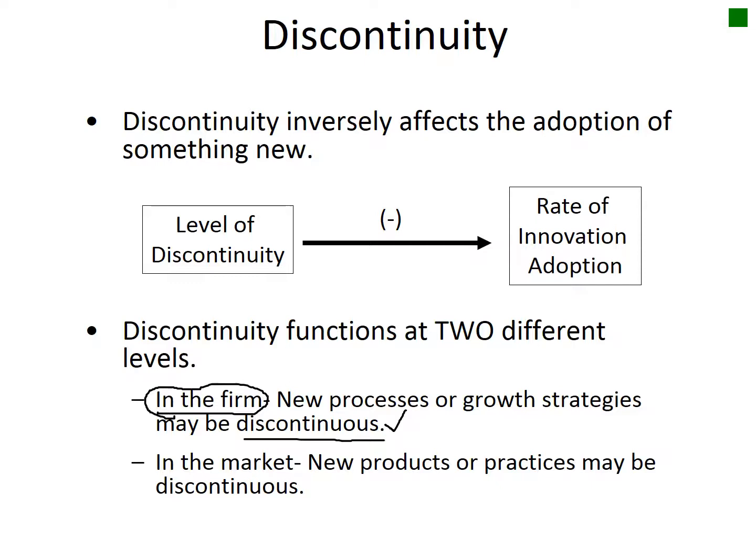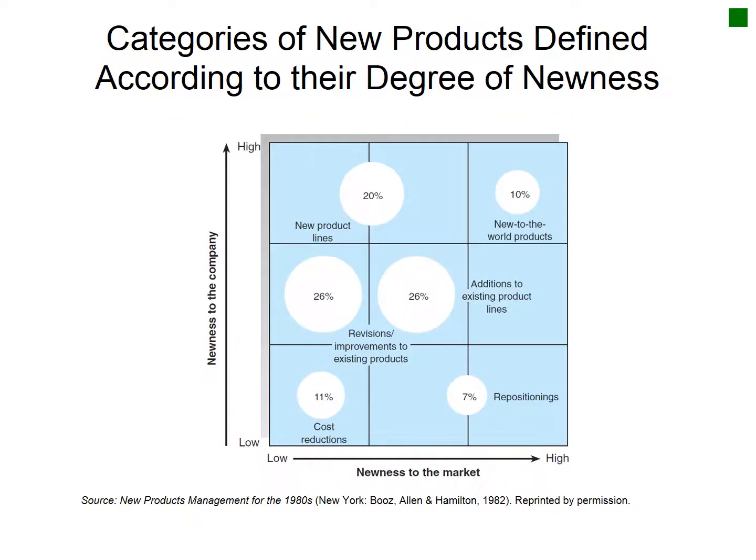And so if you're trying to do something new in your company, if it's radically different from what you're already doing, then other people in your company will be slow to adopt this new process. So this is like an internal management issue that we really deal with in discontinuity. And then, of course, in the marketplace as well, if the product's radically new and very different from what people expect to see, it's going to take a lot longer for the product to become accepted.